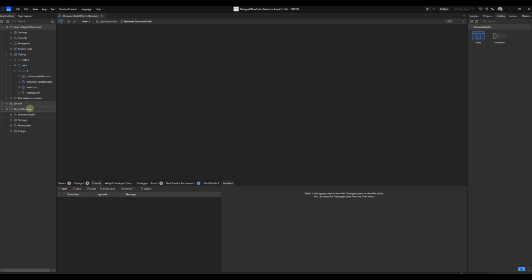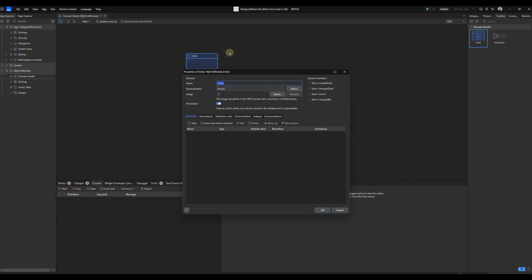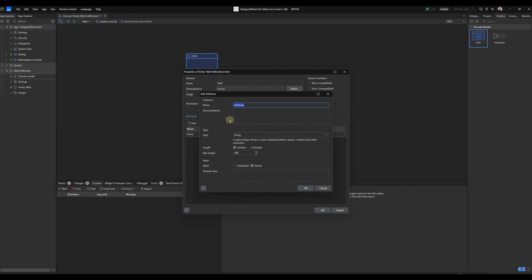Yes, friends, I created a new app in Mendix 10.17. Now I will create a new entity, staff, with a name, and also I will create an enum attribute, department.